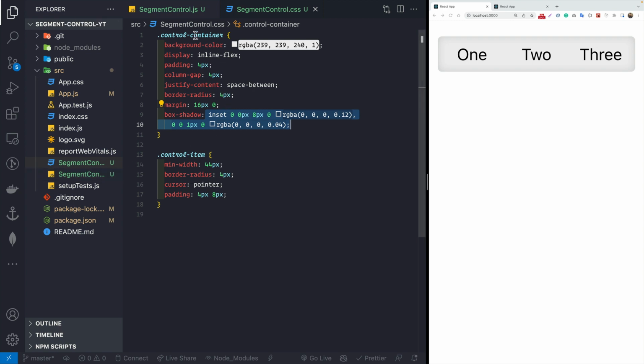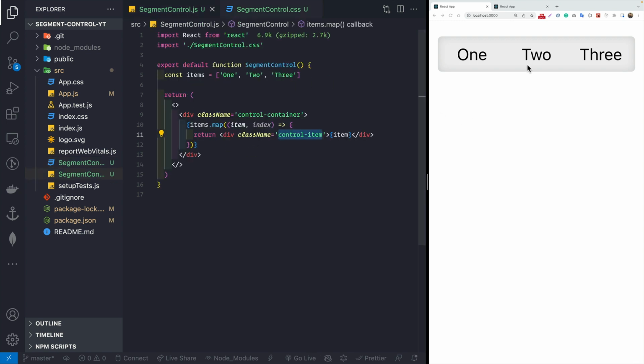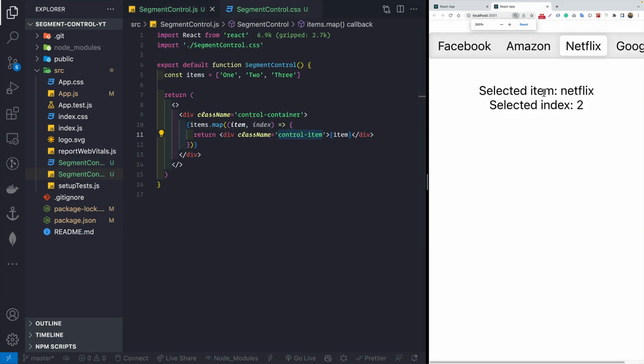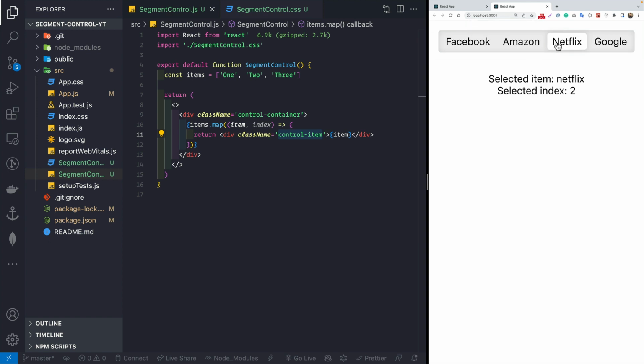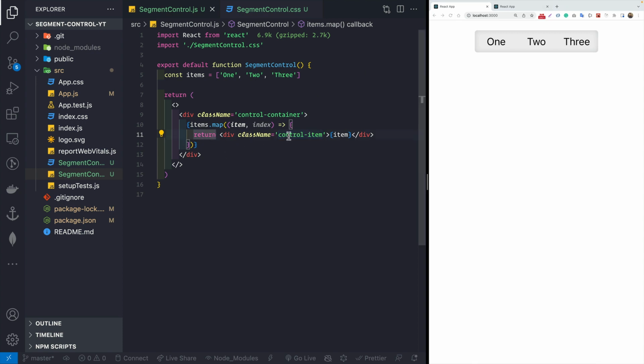And now I'm going to go inside my segment control, and now we want to have some kind of a white background. So let me minimize it. So we want to have some kind of a white background behind each of the elements. As we can see here, we have the white background that moves behind the elements. So what we can do, we can go here, and where we are returning this control item,